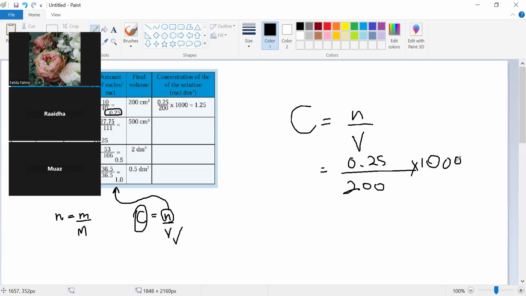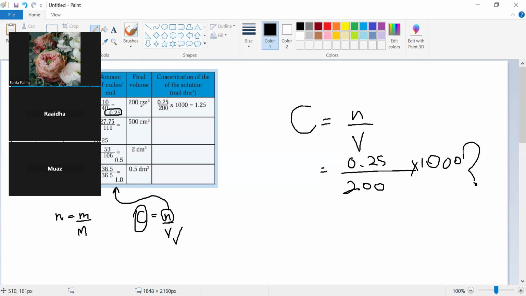Any idea? The amount, like how many of NaOH? So that is concentration. No, concentration is the number of moles divided by the volume. So what is this 1000? You know what this 1000 is? This 1000 is actually, Puta,